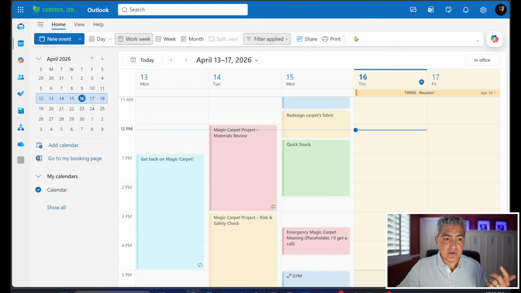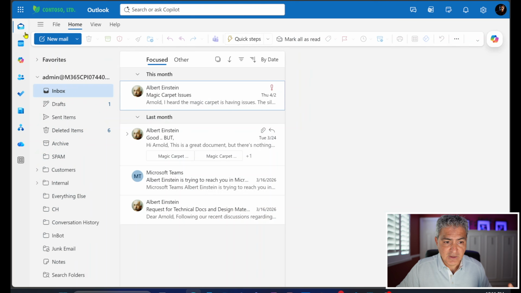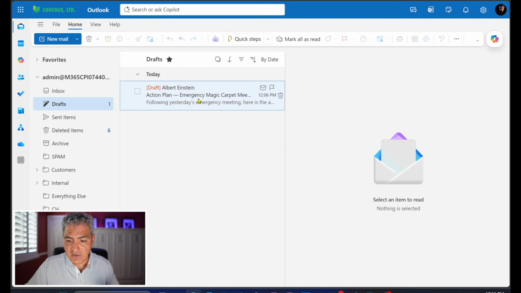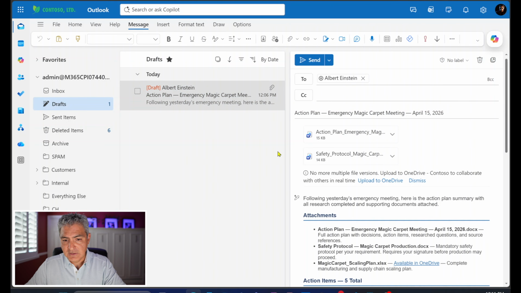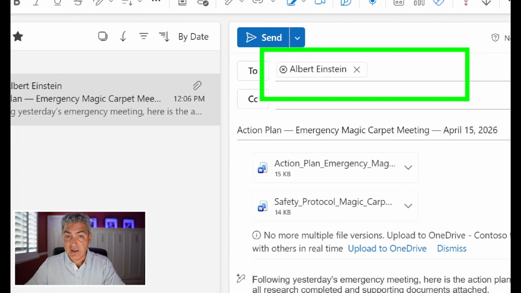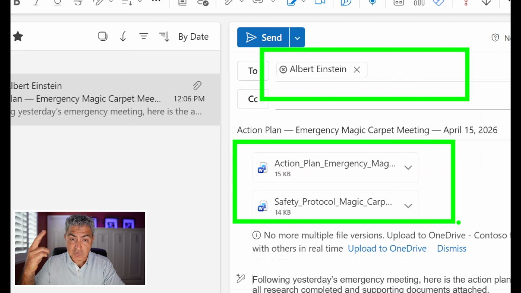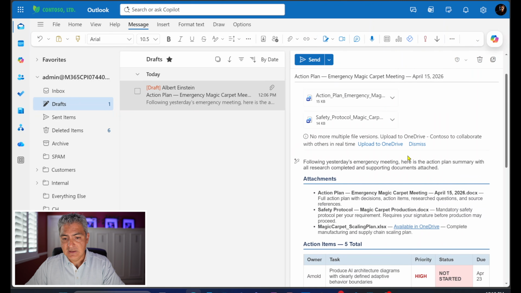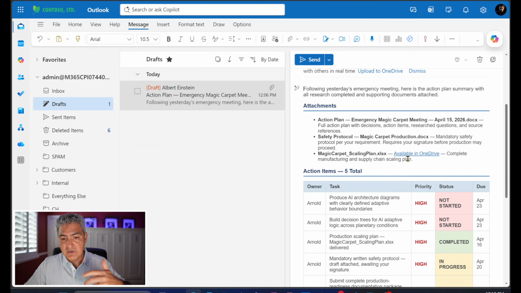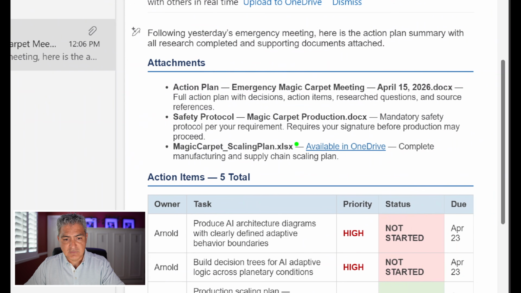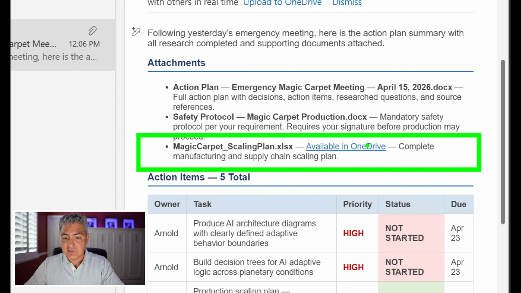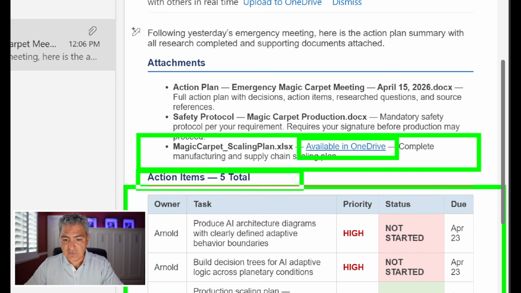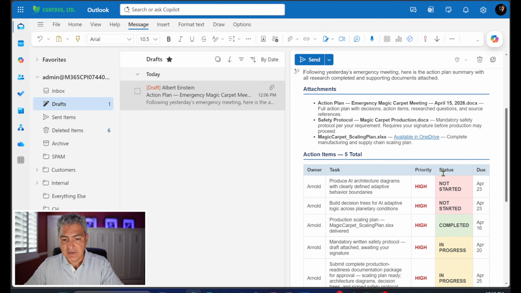Now, if we go to our Outlook and we go to our email, in the drafts folder, boom, right here, 1206, this is the draft of the email to Albert Einstein from Arnold. Exactly, right? That's what we want. We want to reply back, and it has the attachments, those two files that it created, and the email itself has information about the action plan, the safety protocol, and also this document that's available as a hyperlink in my OneDrive. And then these are the action items, who's the action item, the priority status, and the due date,